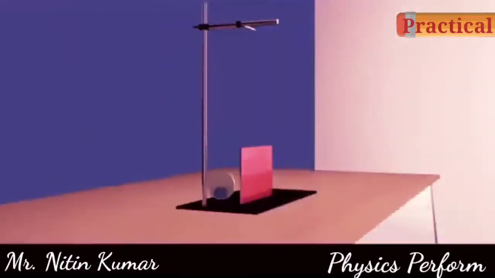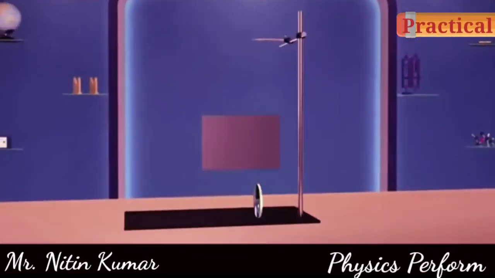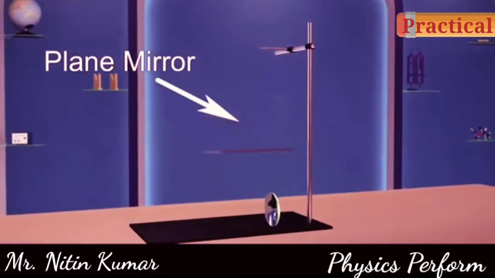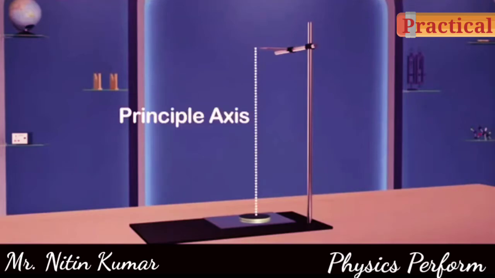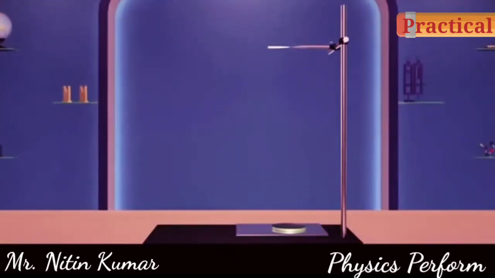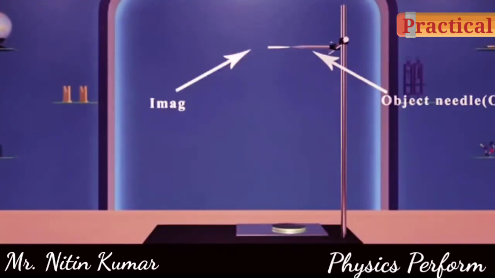Refractive index of a liquid using convex lens. Consider a plane mirror and place it on the horizontal surface. Place the convex lens on top of it. This experiment requires the stand and clamp setup. Clamp the object needle to the stand in such a way that it moves along the principal axis of the lens. Now, adjust the object needle by looking into the lens so that it forms a sharp and clear image.